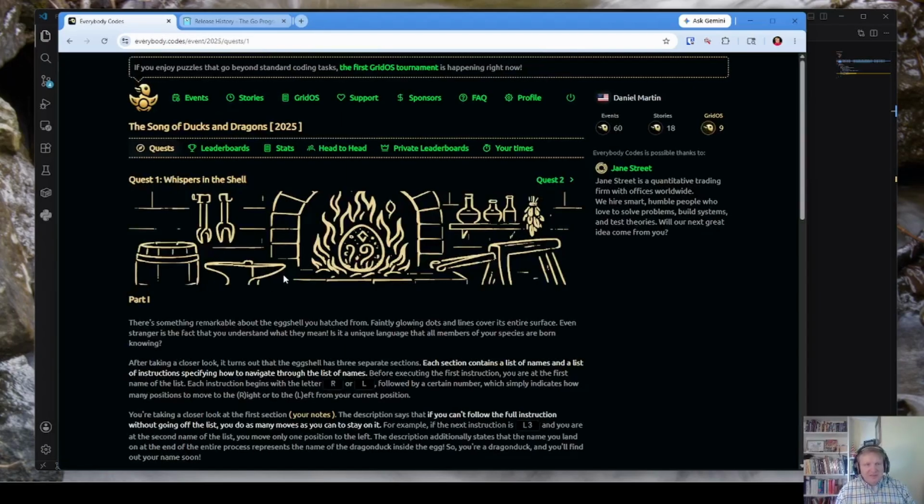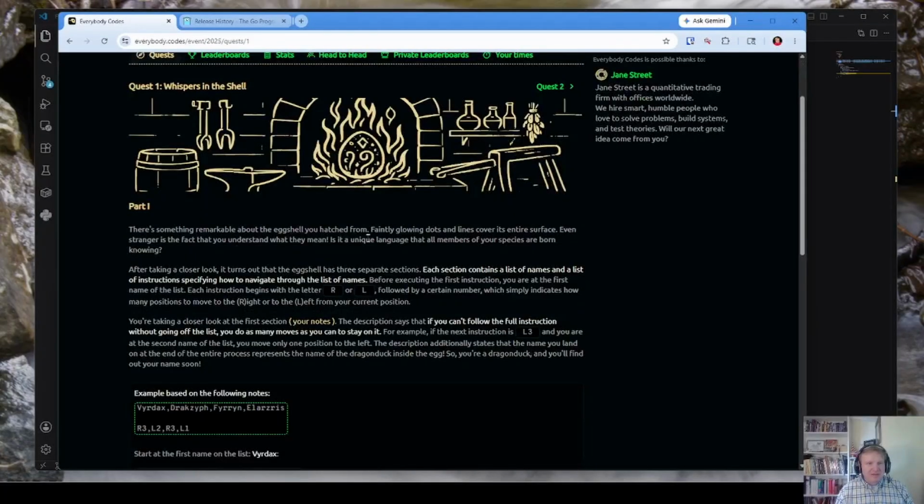Interesting. Faintly glowing dots and lines cover its entire surface. Each section contains a list of names, instructions. First name of the list. Right or left?